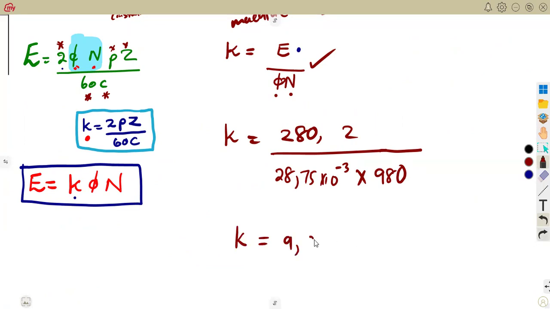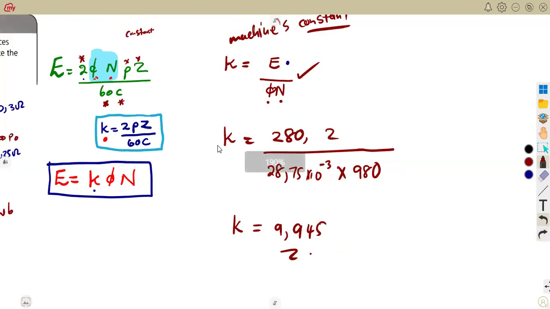That's 9.945 to 3 decimal places. It's a constant, remember. No units. Constant where we do not have the units. So questions can be like that. They want you to relate